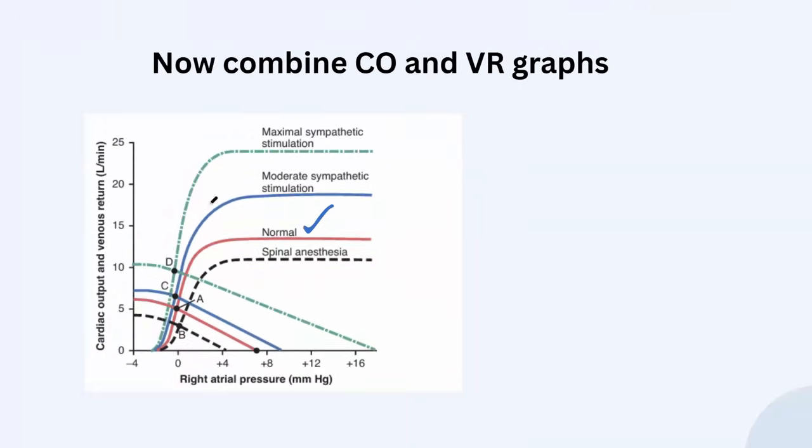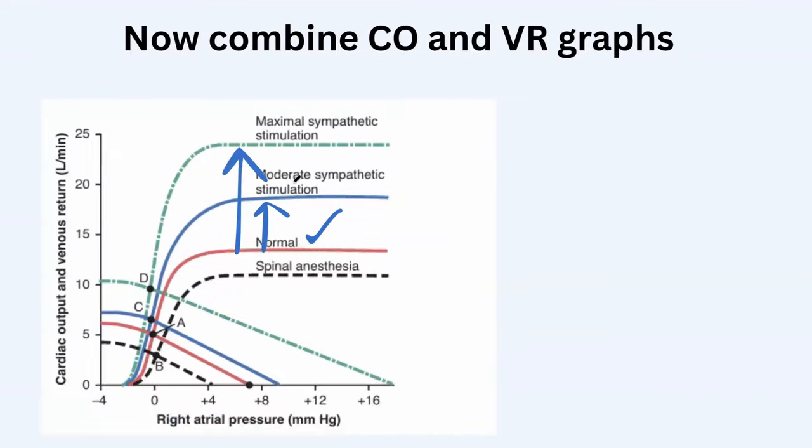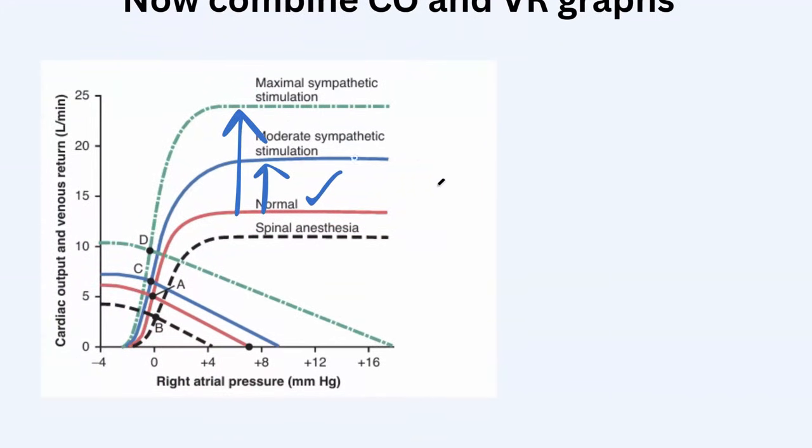What happens when you have a sympathetic stimulation of the heart? Okay. I'm talking about the heart only. I'm not talking about the venous return. I'm not talking about the vessels. I'm talking about the heart. When you have sympathetic stimulation, the graph is going to shift. Okay. So the cardiac output graph is going to shift upwards. And when you have maximal sympathetic stimulation, so you have more sympathetic stimulation, it's going to shift even higher up. Okay. However, when you don't have sympathetic stimulation, when you have spinal anesthesia, okay, in cases of spinal anesthesia,